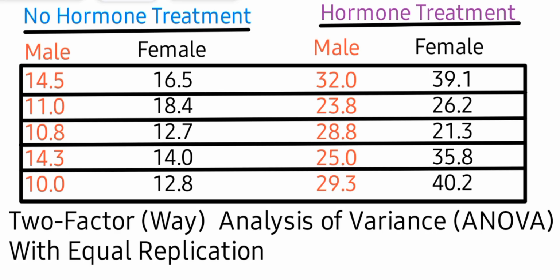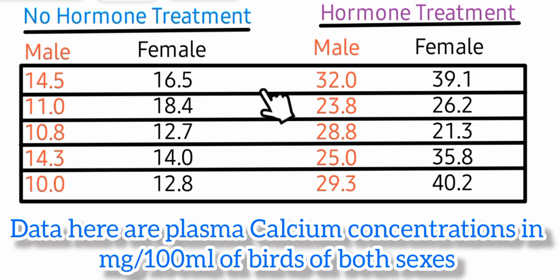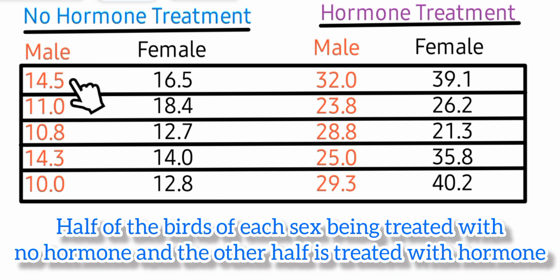Hello and welcome. Today we'll look at how to solve a numerical problem that involves two-factor analysis of variance (ANOVA) with equal replication. The data here are plasma calcium concentrations in milligrams per 100 ml of birds of both sexes, male and the female sex. Half of the birds of each sex being treated with no hormone and the other half